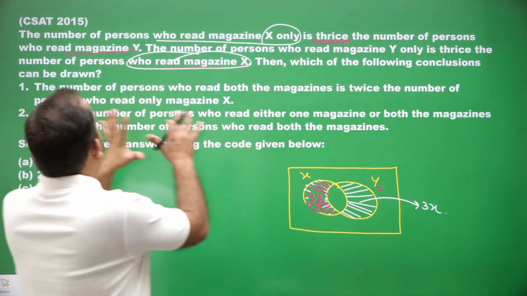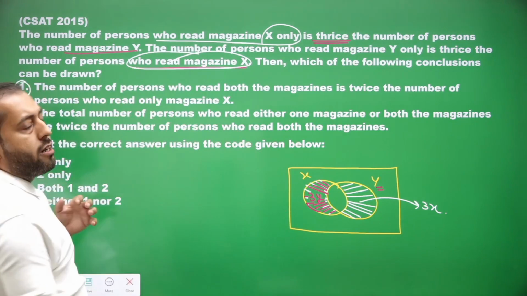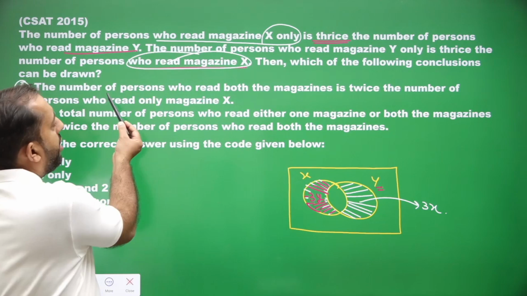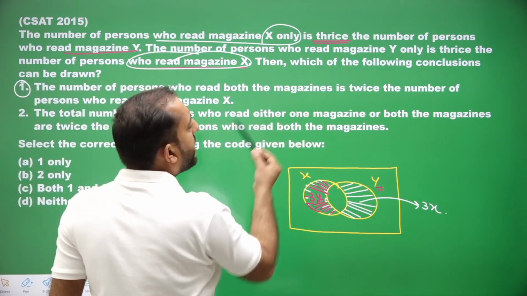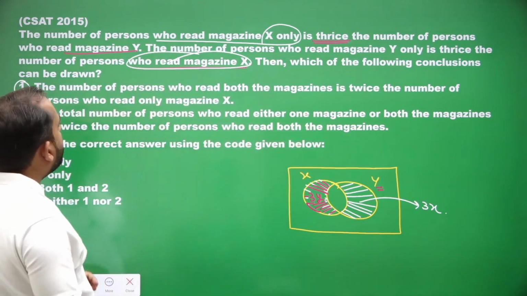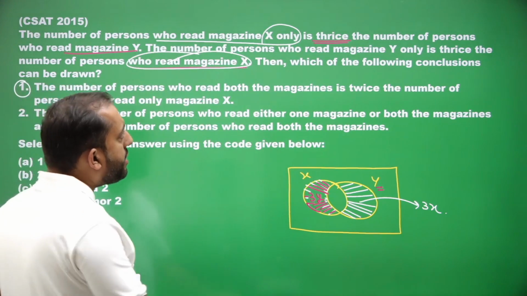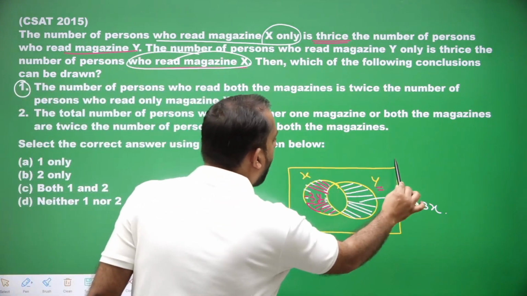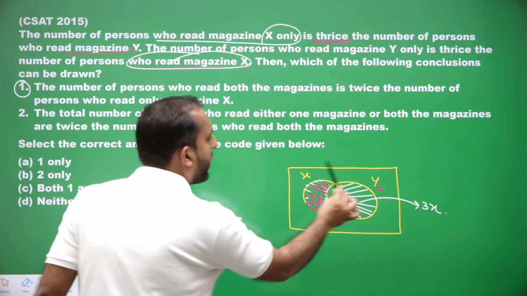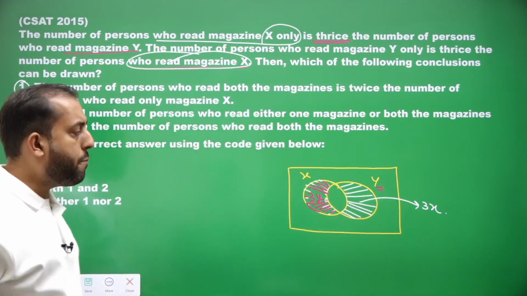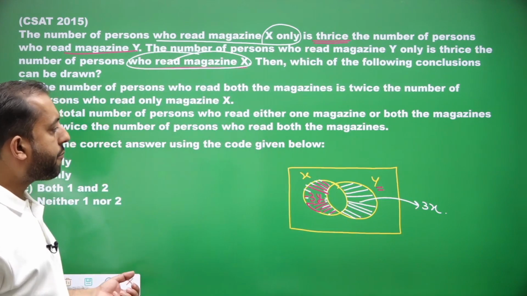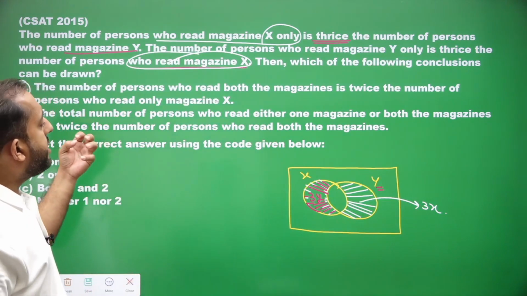Now, let's consider statement 1. The number of persons who read both magazines is twice the number of persons who read only magazine X. In this case, we don't know how many people there are in the society. First thing, we don't know how many people there are in the society. And secondly,